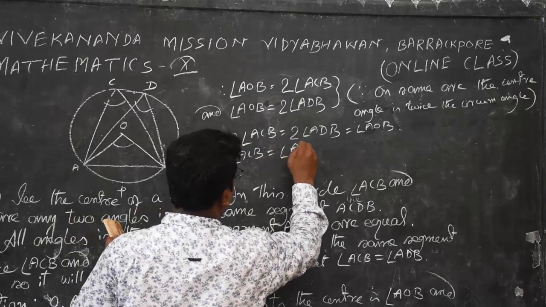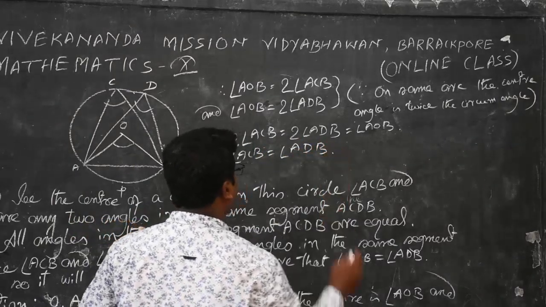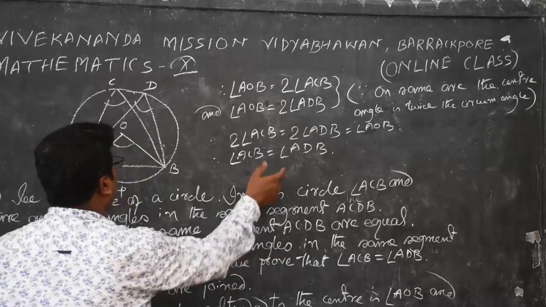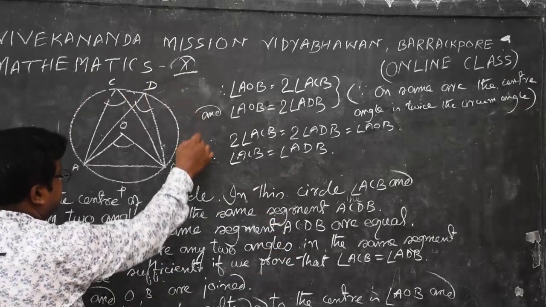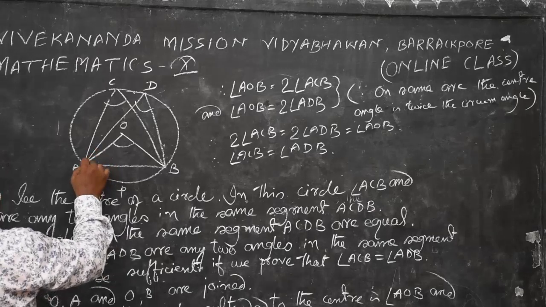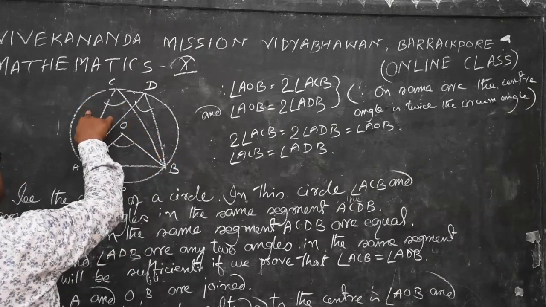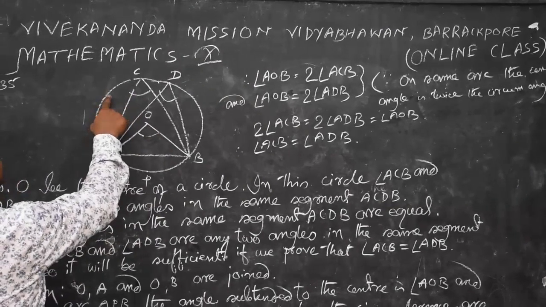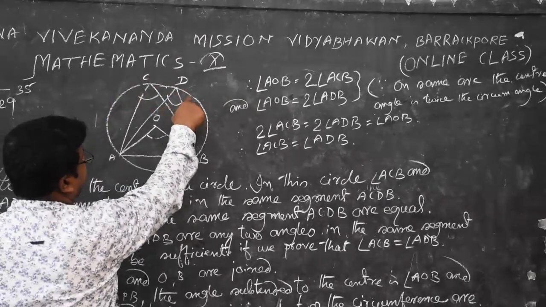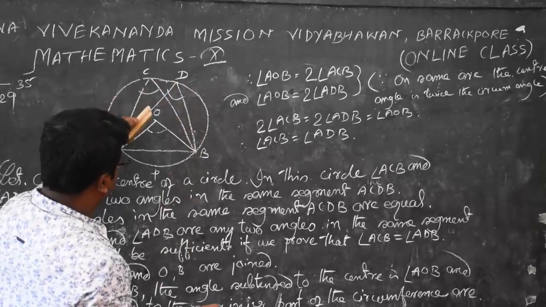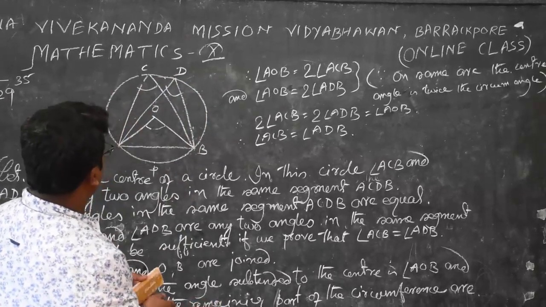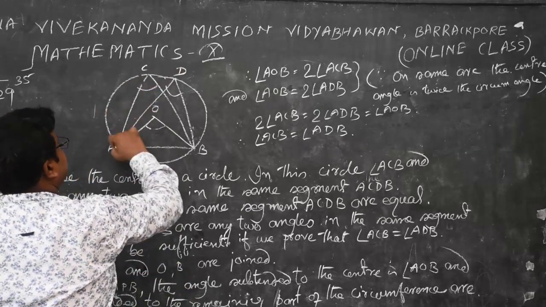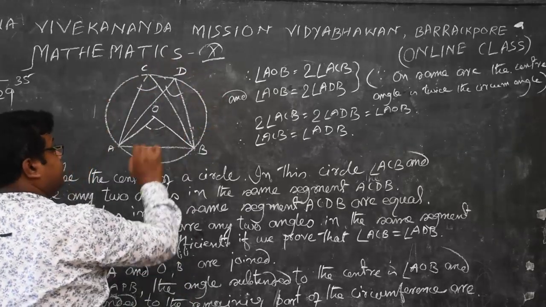Therefore angle ACB equal to angle ADB. So all the angles in this manner, all the angles in the same segment ACDB are equal. If you construct another angle, then that angle will be half of this center angle; I mean, center angle is twice that angle. It is not possible to draw all the angles, so we are proving by constructing two angles. Thus all the angles in the same segment are equal.